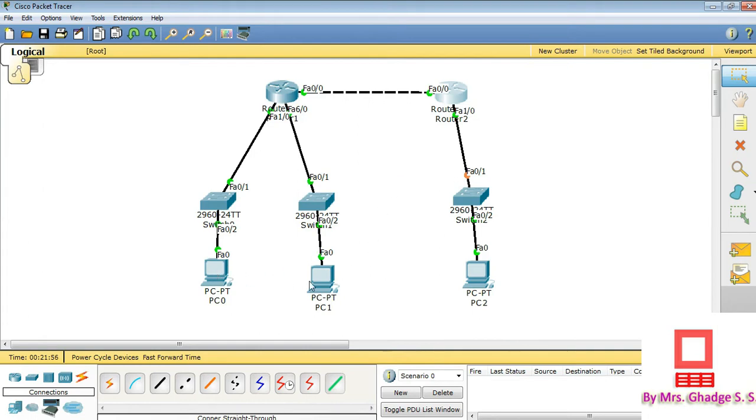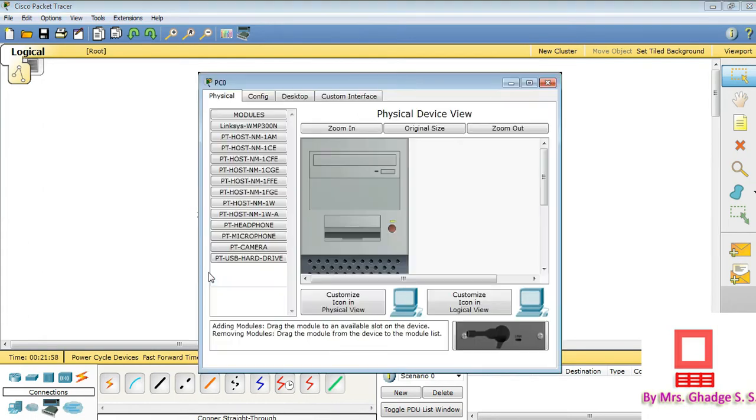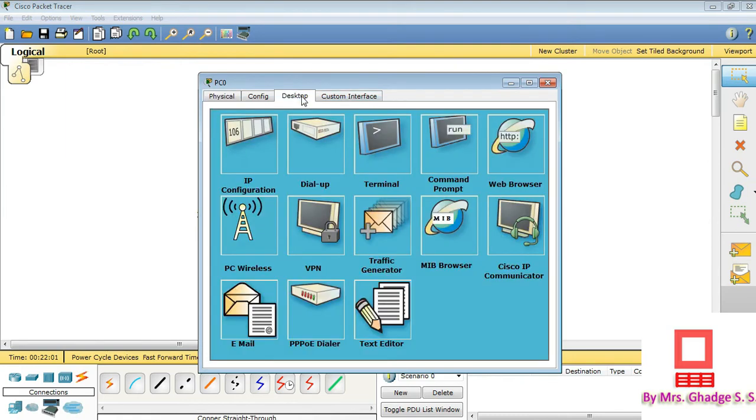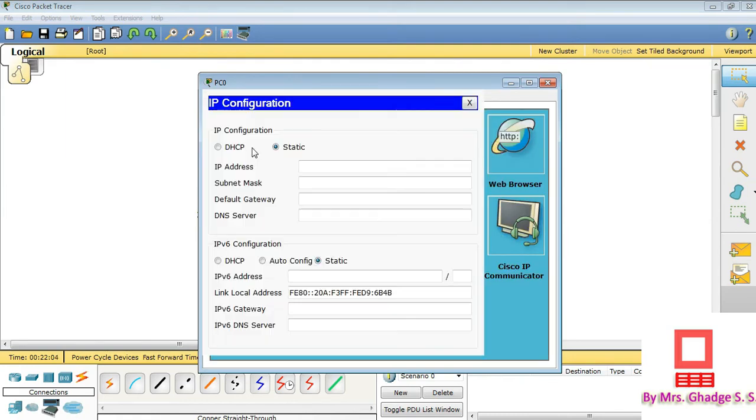Then we have to configure PC0, PC1 and PC2. Just click on PC0, go to the desktop tab, then click on IP configuration. Here we have to put the IP address for the first leftmost PC, that is 172.16.0.2, and the subnet mask is 255.255.0.0, which is automatically calculated and correct. The default gateway is the IP address of the interface which is directly connected to the router.